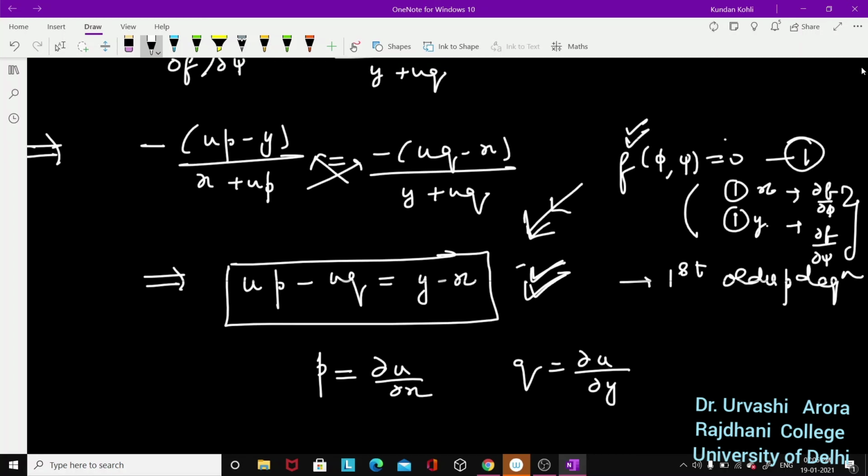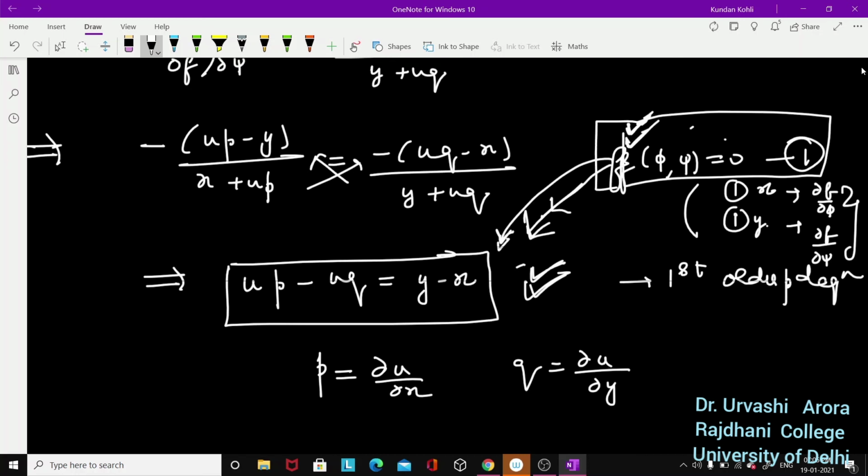After eliminating them, this is the equation that you arrive at. So this particular relation is satisfying the given partial differential equation, so it is a solution, or we can say an integral, of the given partial differential equation. Because it involves an arbitrary function, it is a general solution or general integral. So this method illustrates how, if you are given a general integral or a general solution, you can find the first order partial differential equation.